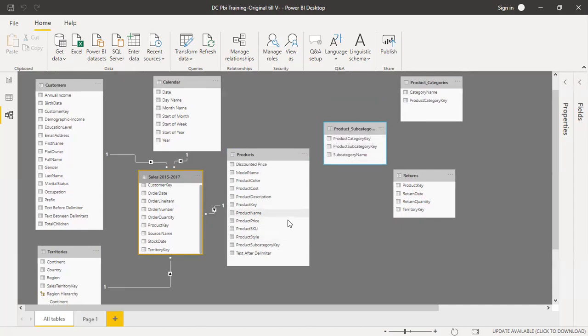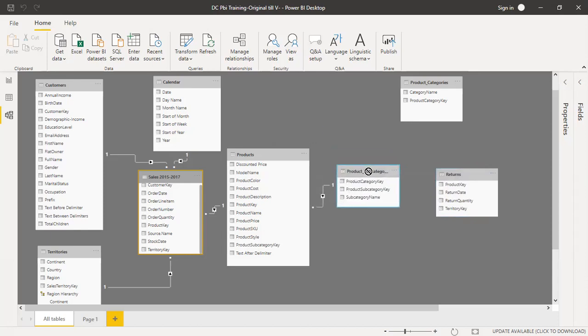I can connect my product subcategory at the last. So this is the product subcategory. Click it, hold it, drop it on product subcategory. Now I can still pull the data for this product subcategory from here, right?